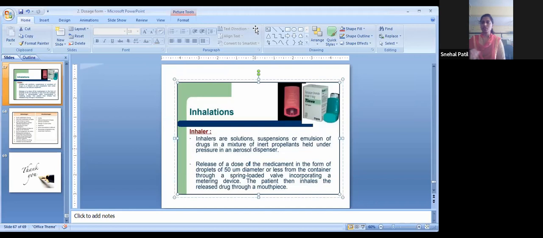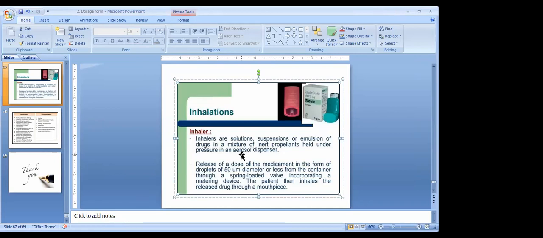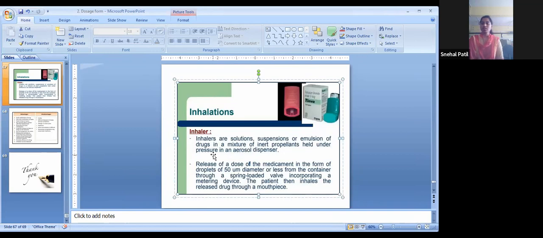A solution or suspension or emulsion of the drug in a mixture of inert propellants held under pressure in an aerosol dispenser. So inhaler is a